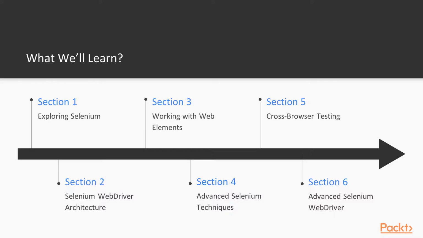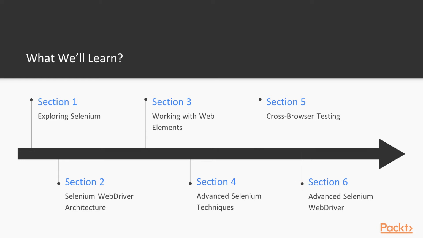This course will consist of 6 sections. We will start from nothing and will create a basic test in the first section. In section 2 we will look at WebDriver architecture and will start expanding our project. We will be interacting with different web elements using the web element interface. In section 4 we will learn advanced Selenium techniques, how to deal with alerts, windows, frames. We'll set up and run cross-browser tests on Selenium Grid and we'll look at a real-life example of building a test framework